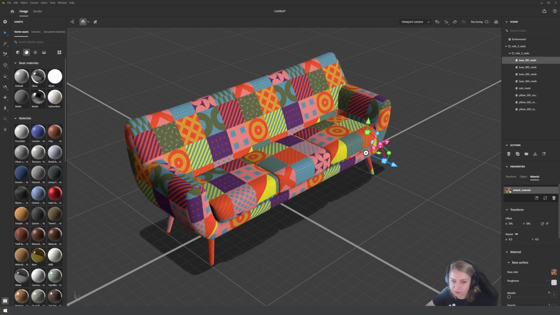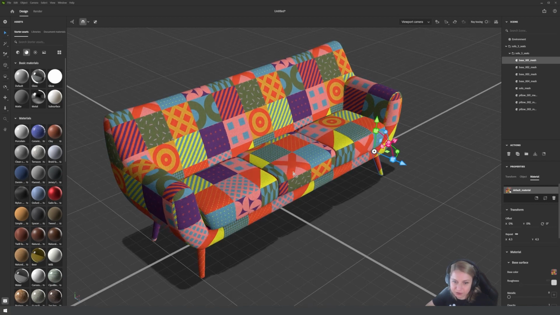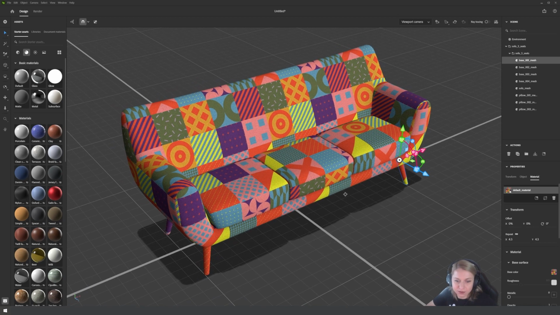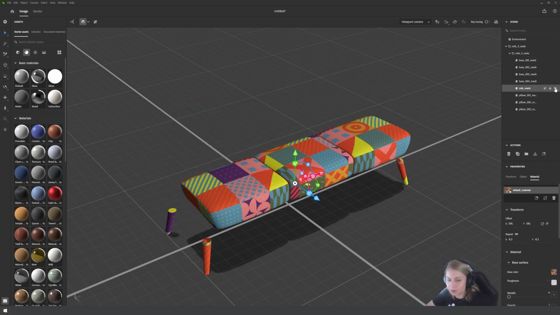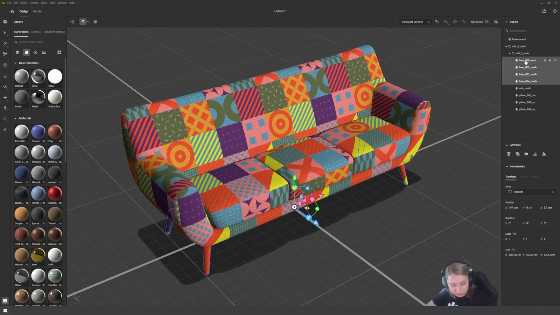Let's scale it a bit differently. So now you can see that, oh wow, we have a funny couch. It looks really amazing. Where are the, okay, so this is the frame, these are the legs. Okay, so for the legs, we will just put them in a group.